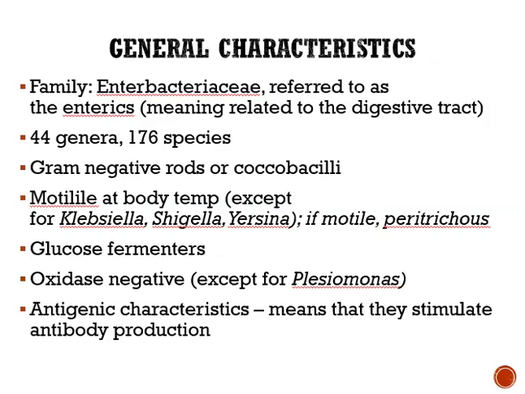The exception to that characteristic is the organism Plesiomonas, which was recently added to this group of enterics based on DNA studies, but it has a lot of characteristics of a different group that we'll cover later. And then they are all considered antigenic. Antigenic substances are those that can stimulate production of antibodies. So if our body comes in contact with these organisms, then our body has an immune response to that